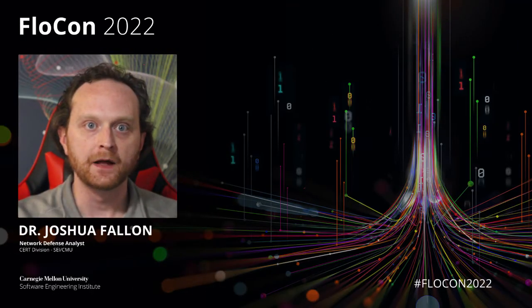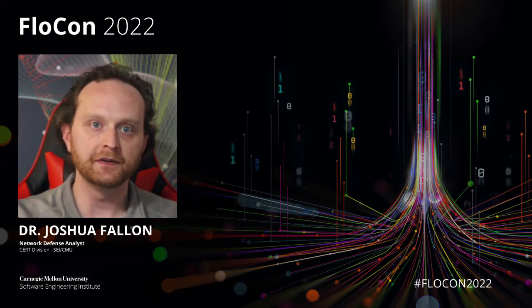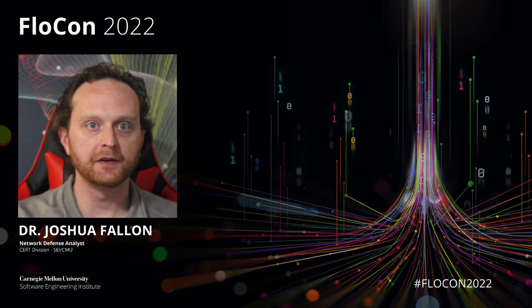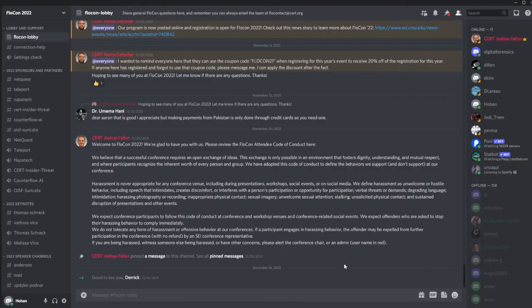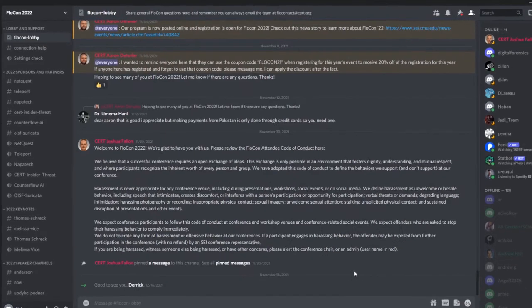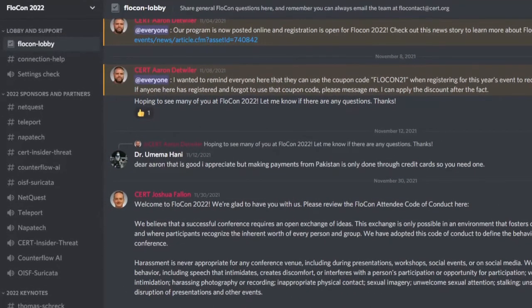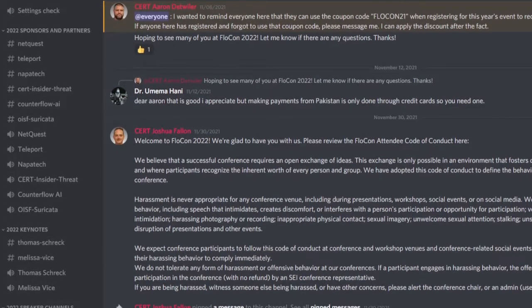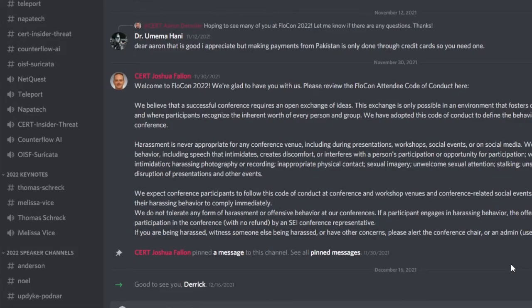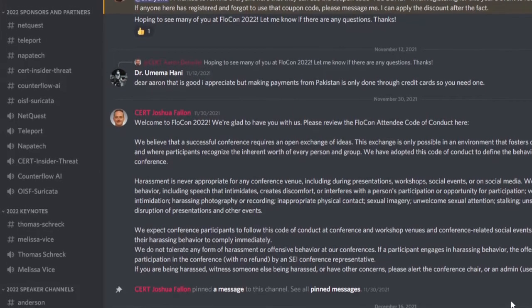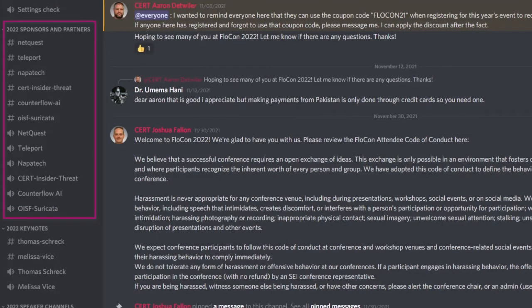Within this Discord server, there are a collection of channels, both text and voice, that you can use to interact with the presenters, sponsors, and other participants. You can navigate through these channels in the bar on the left side of the screen. The channels with a number sign icon are the text channels. Presenters may use these channels to share materials that provide a little bit more in-depth answer to some of the questions that come up, or just ancillary materials that they believe participants may find useful. In the networking channels, you all may share things with each other that come up in conversation. And in the sponsor channels, you'll see some interesting and useful materials that you can use to reference to check out their products.